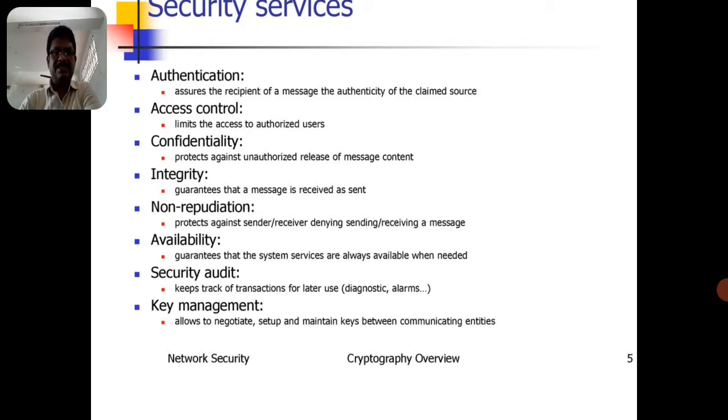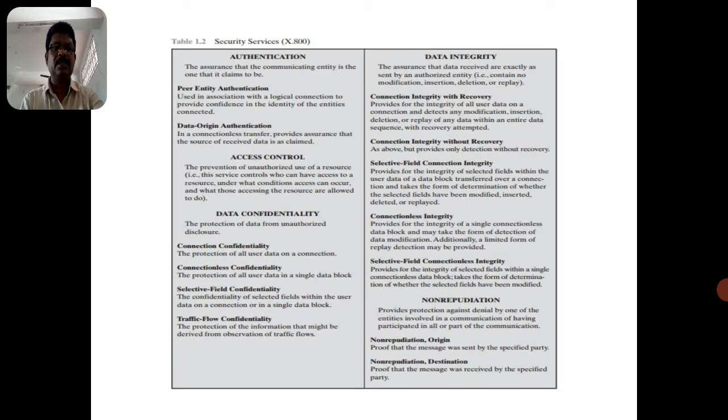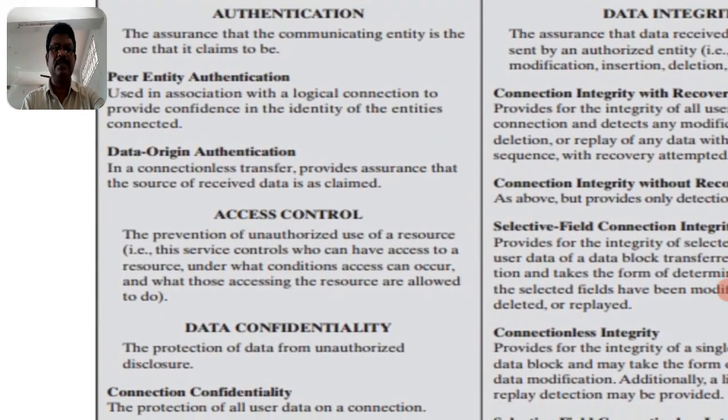So basically these are the 6 security services, and at the second stage we can use the security audit and key management. These two relate to the next level of cryptography, because security audit and key management are a different concept compared to these 6 security services. The first one is confidentiality, the second is authentication, the third is integrity, the fourth is non-repudiation, the fifth is access control, and the last one is availability.